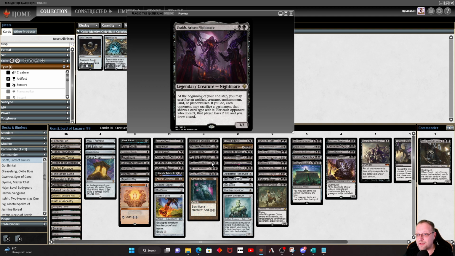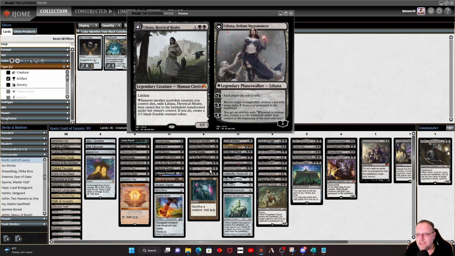At the beginning of your end step, you may sacrifice an artifact or enchantment. You know what it does. Each opponent then has to sacrifice a permanent that shares a type with it. If they don't, they lose 2 life and we draw a card. Sounds good to me. Liliana, Heretic Healer is in, because we will be killing creatures off, so getting this to flip